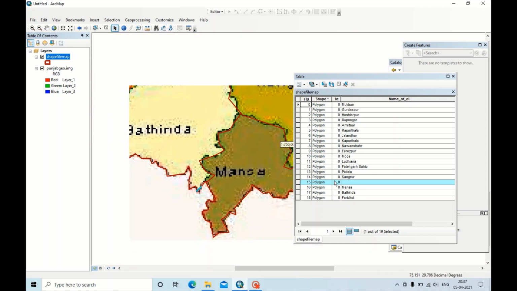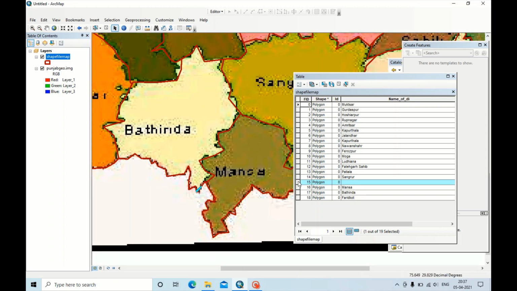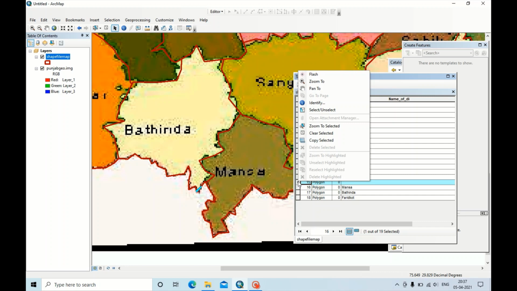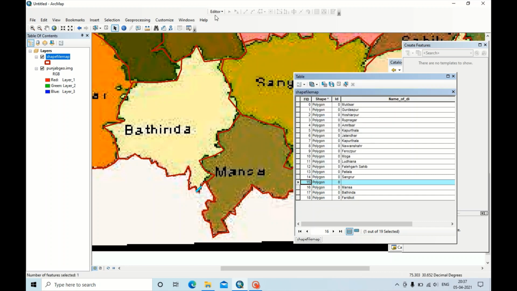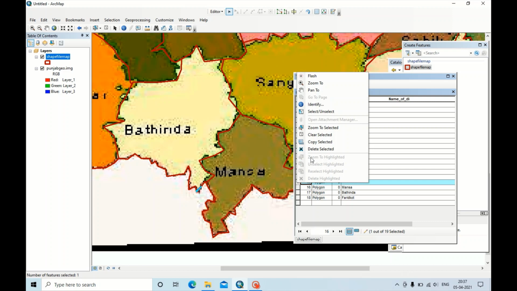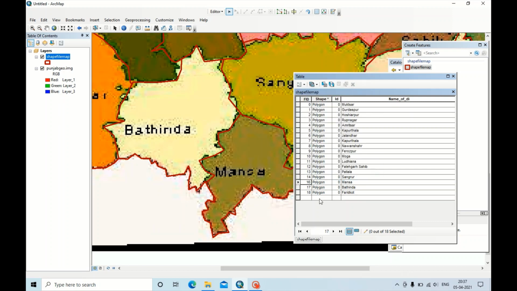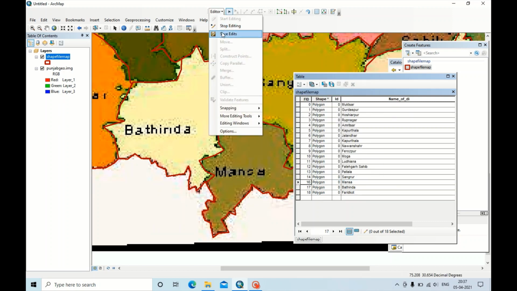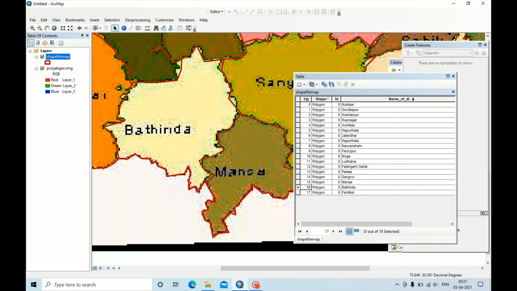I think this is because of an error, so you can think for 1 minute, you can delete this also. Now save edits, stop editing.